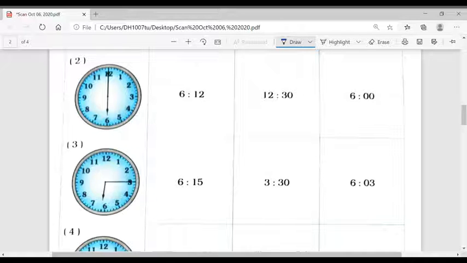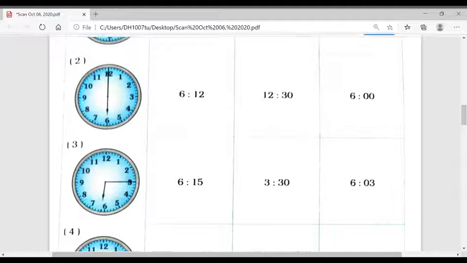You see the difference, because one of the children complained to me, madam, here 12 o'clock is given in the second unit test. You see this hand is smaller and this one is bigger. So this one I have drawn is the bigger one. So you have to find out the smaller hand and the bigger hand. You should not confuse the hands.